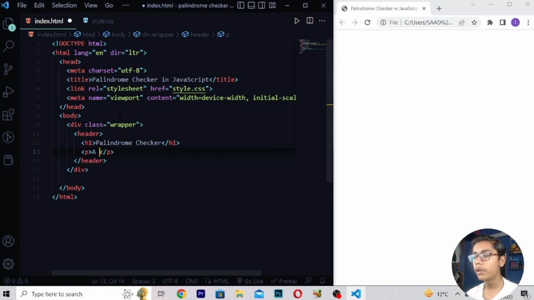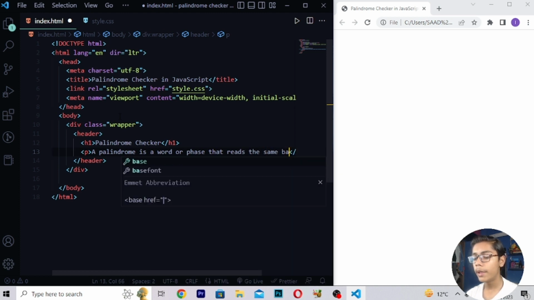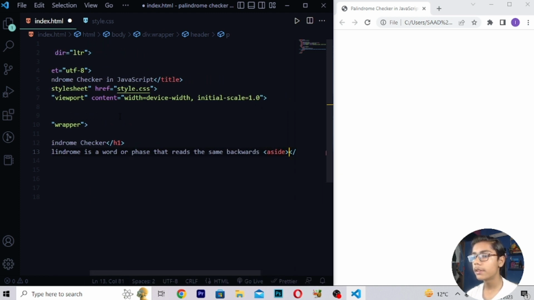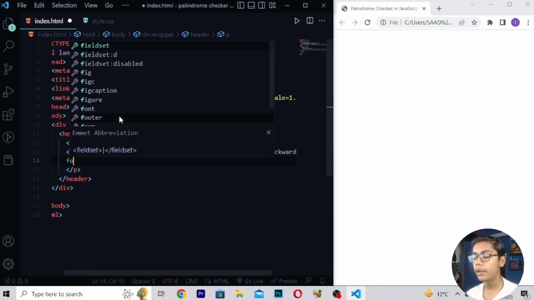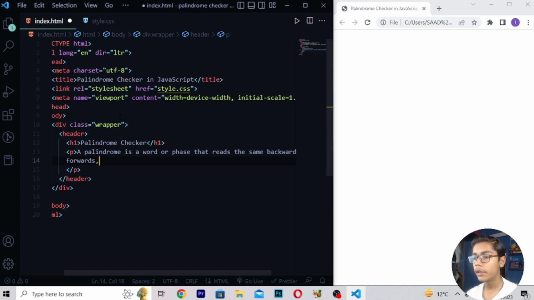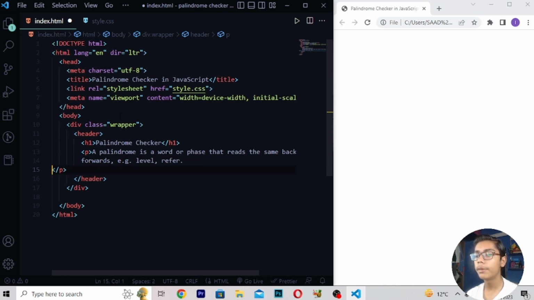Then you have to move down and write a paragraph: palindrome is a word or phrase that reads the same backwards as forwards. Then I will write e.g. level, refer. When you've written this, I will be pressing backspace.